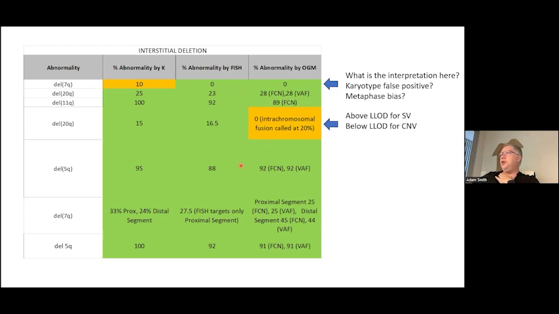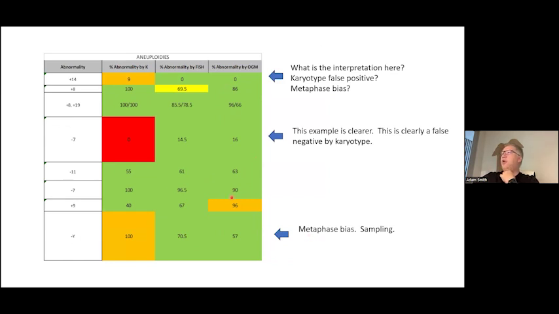I think the larger point that I wanted to make, though, was just looking generally at the data. It's very consistent across the modalities for the most part. We don't expect it to be the same. We expect there to be some difference in terms of the percentages for some of these things. So very similar for aneuploidy. Again, we had a case here that had a plus 14 in 9% by karyotype, not seen at all by FISH or by OGM. So again, what does that mean? So the same kinds of questions: false positive, metaphase bias, et cetera,